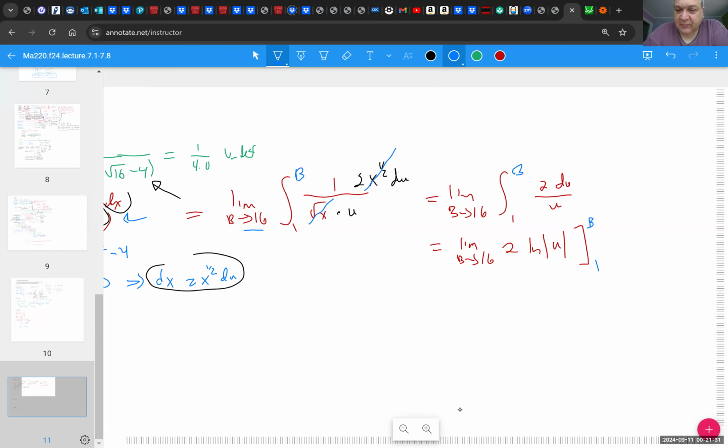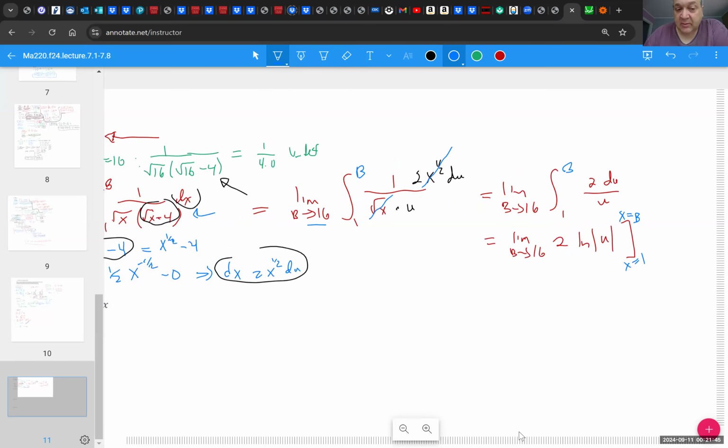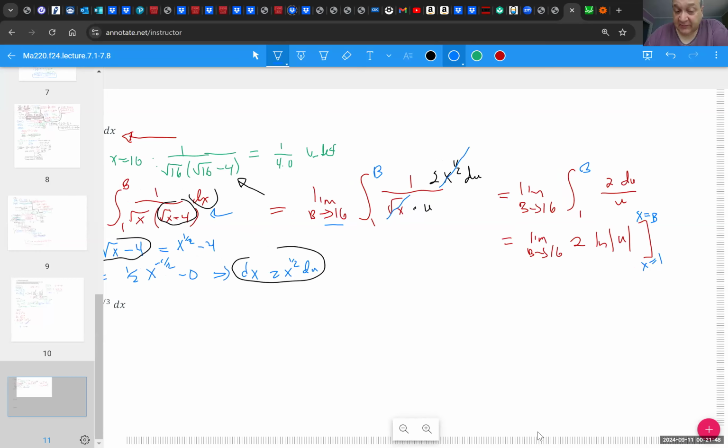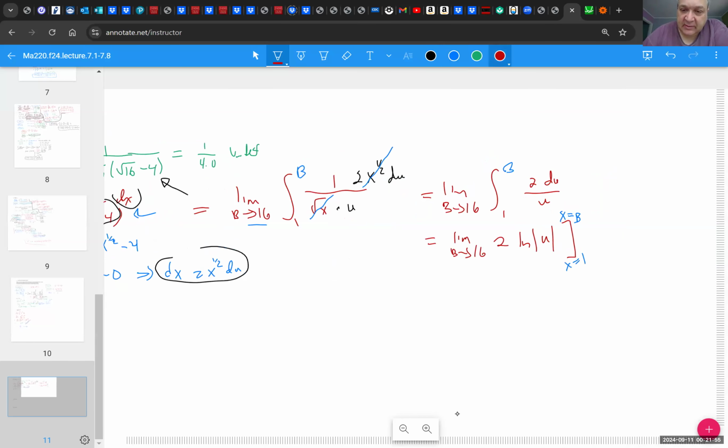Okay, so I have to put, now these, remember, these are x values. These are not u values. So a lot of times I write x's here. I didn't do it this time. Let me go back and do it because remember, we used a substitution to put it into u. So we could do the antiderivative, but we need to plug these numbers in for x. These are x values, not u values. And we know what u is. It's the square root of x minus 4. So we're going to write this as 2 ln of square root of x minus 4